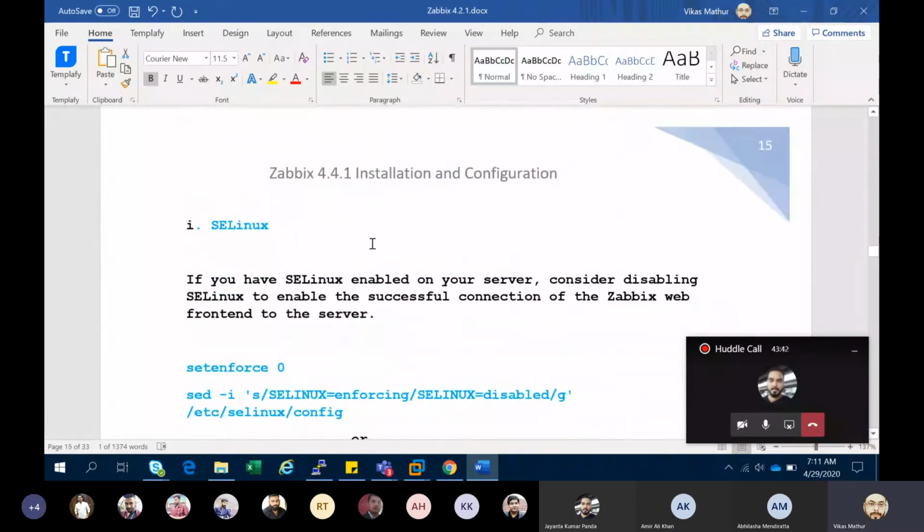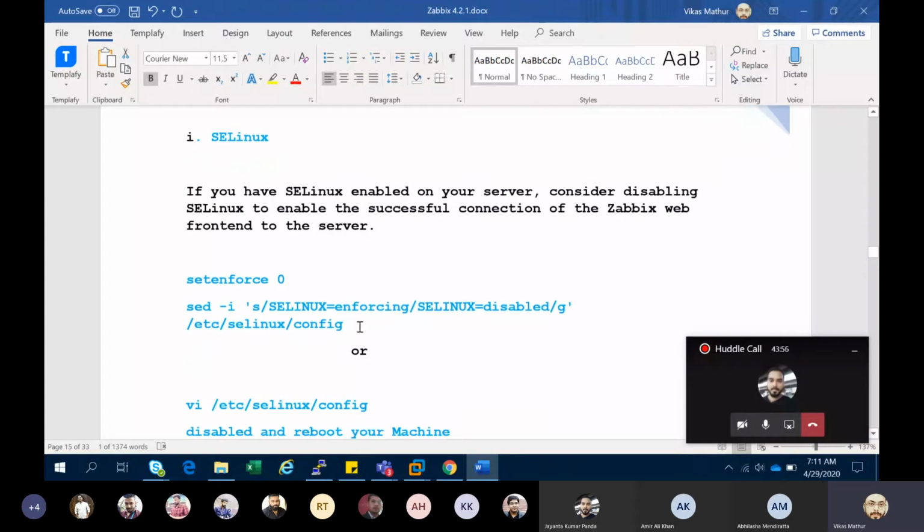And for SELinux, Security-Enhanced Linux, Linux itself has its own security, so we need to disable it. It goes very deep if you want to enable those services and make any changes in your Linux machine.